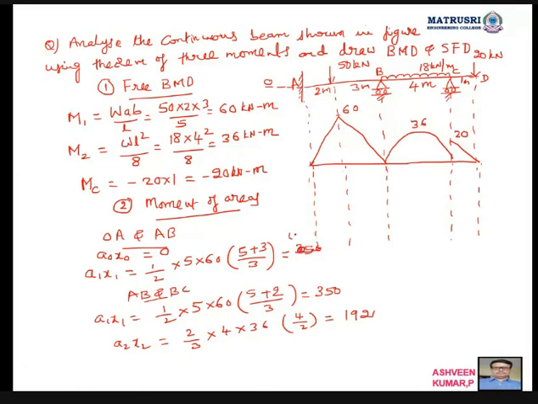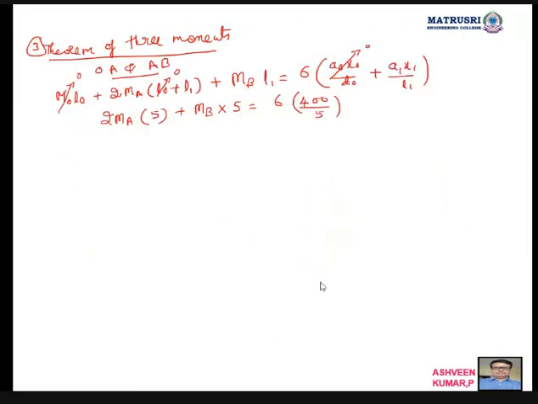This is 400. Okay, this is 350. So you want to take that 400 by 5. I will get here one equation: 10MA plus 5MB is equal to 480. I'll take it as equation number 1.